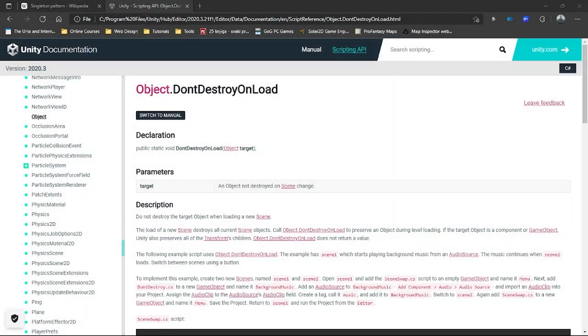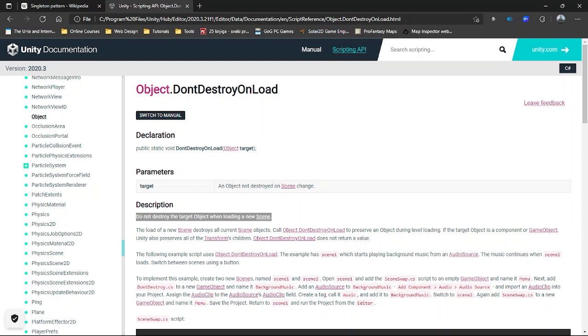What this function does is mark our object in question and basically say, don't destroy this object, we will carry it over to the next scene when another scene loads. You can read more about it in the documentation, but this is the important part here.